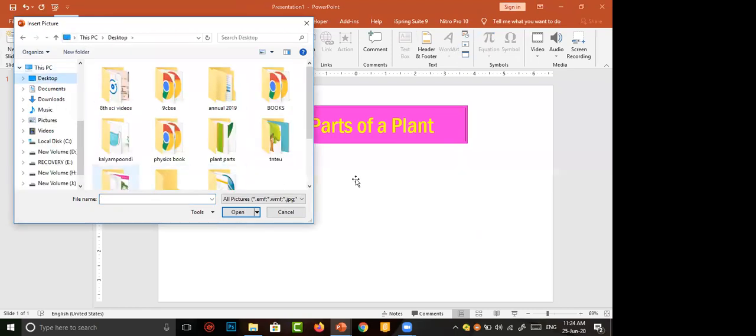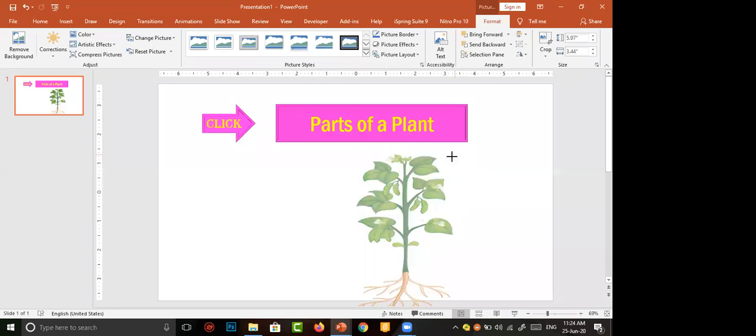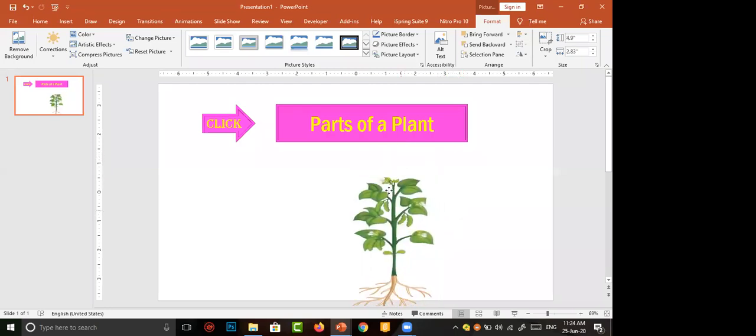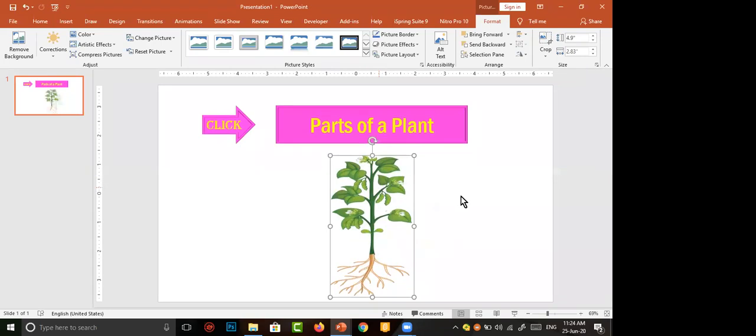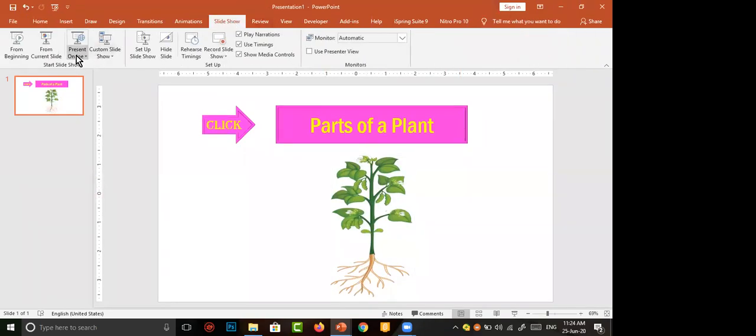I click on it. I want to resize the picture. I resized it. Okay. Now I am going to see what happens in slideshow.